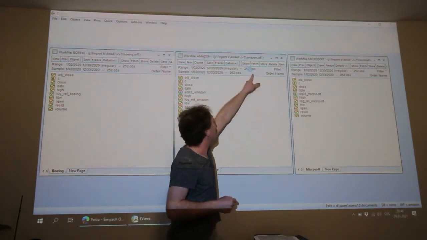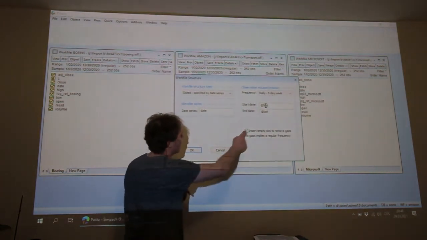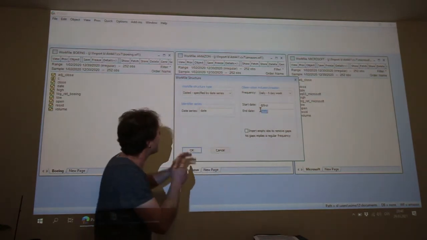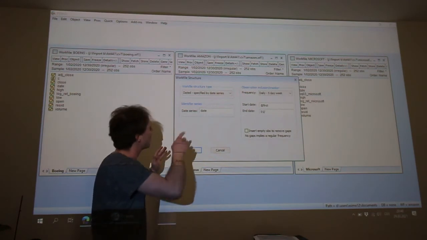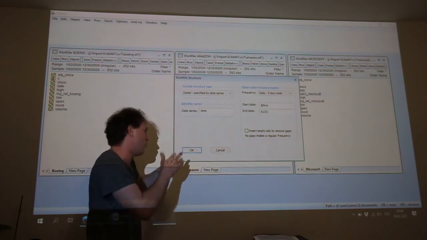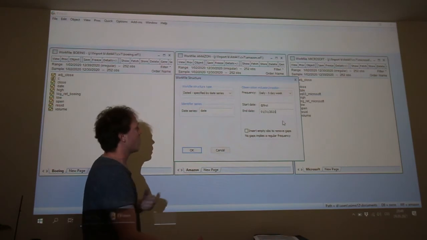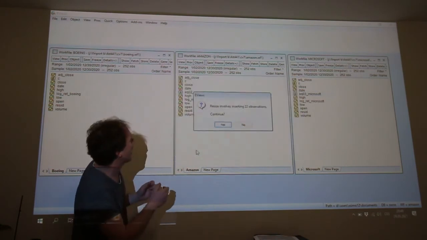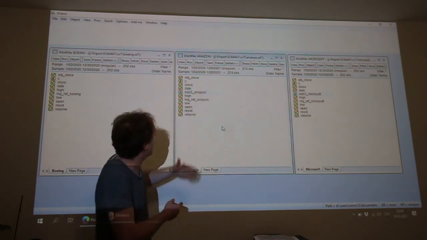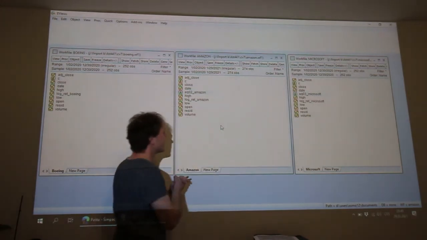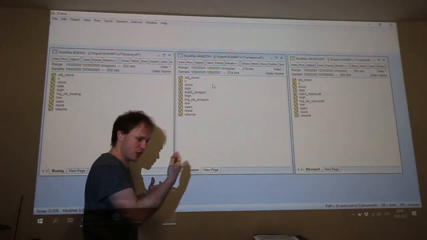So we can double click here on 252 observations. Where it says end date, we will write 01/31/2021. Okay, so we will click on OK. Resize involves inserting 22 observations. Yes, we would like to continue, and you can see that now we have here 274 observations, so free spaces